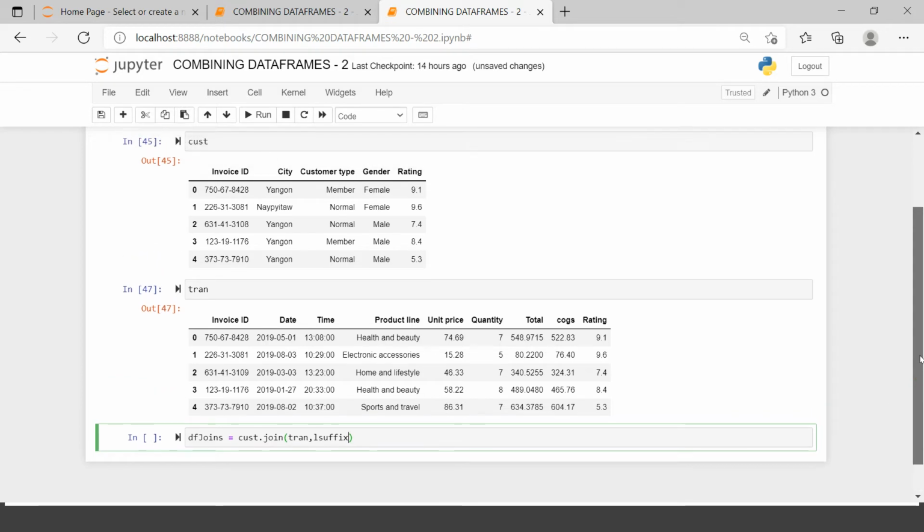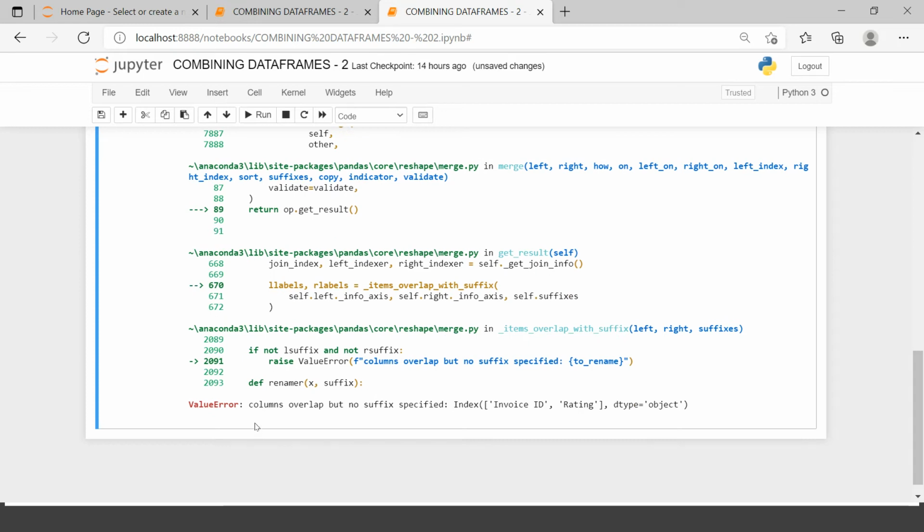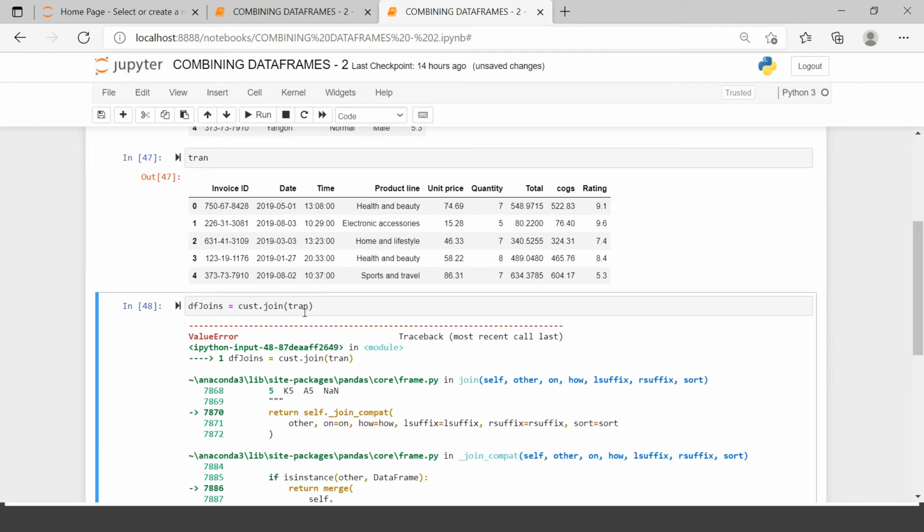For example, in these two tables, there are two columns which are common in both of these two tables: invoice ID, rating, invoice ID and rating. So when you join both of these two together, there will be overlap. Let me show you the error which we get, like you can see over here. It gives you the error, columns overlap but no suffixes specified. What are the columns which are overlapping? Invoice ID and rating. So for that reason only, you can use either L suffix or R suffix,